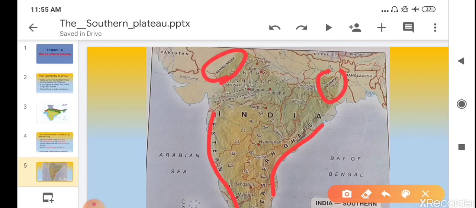What are they once again? The Aravalli Range on the northwest, the Rajmahal Hills on the northeast, the hilly Eastern Ghats on the east, and the hilly Western Ghats on the west.